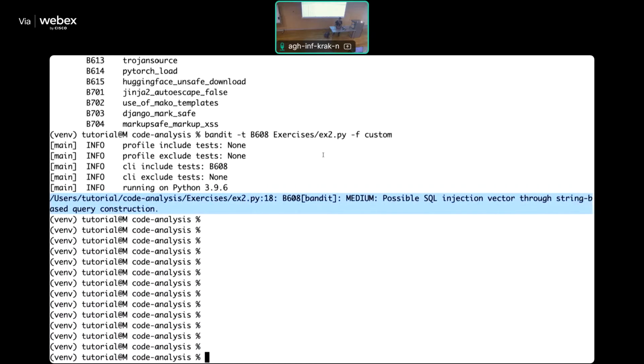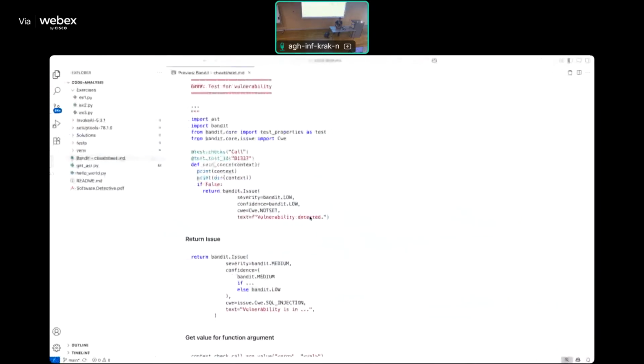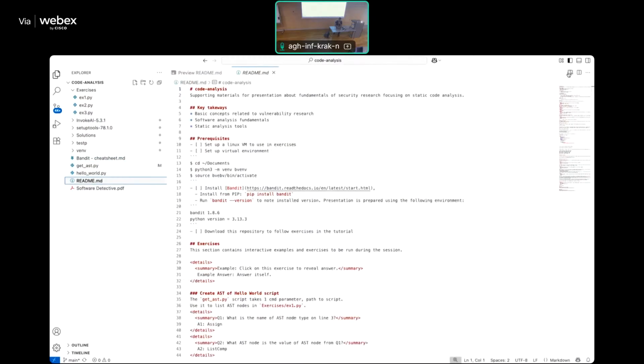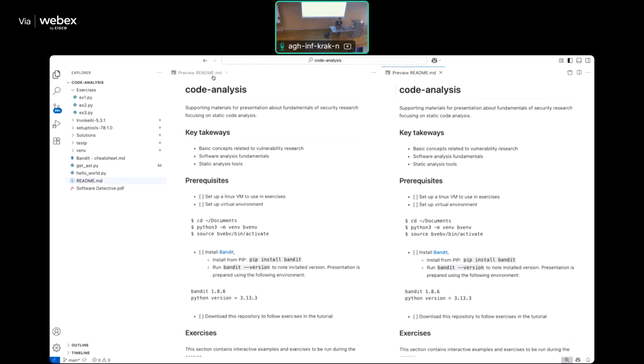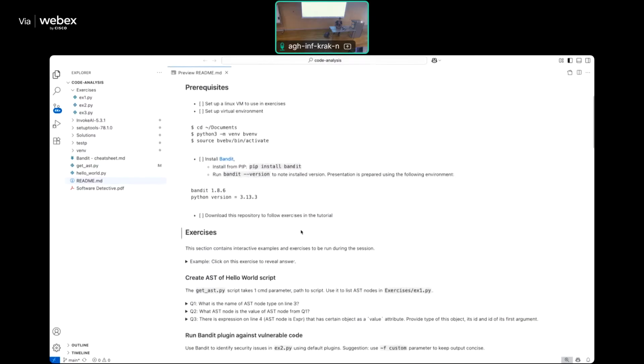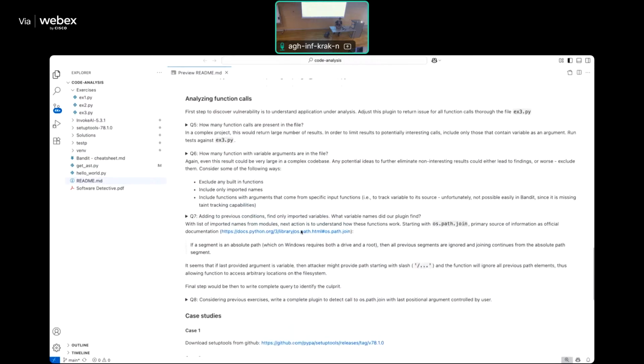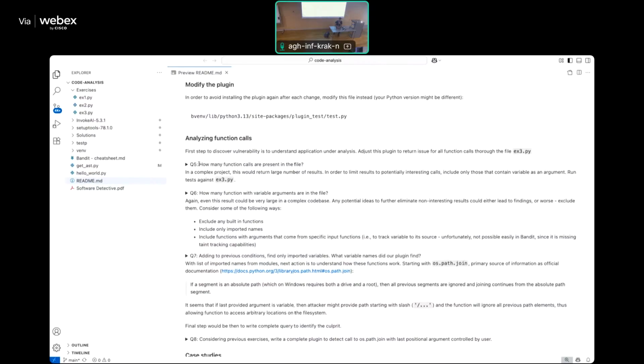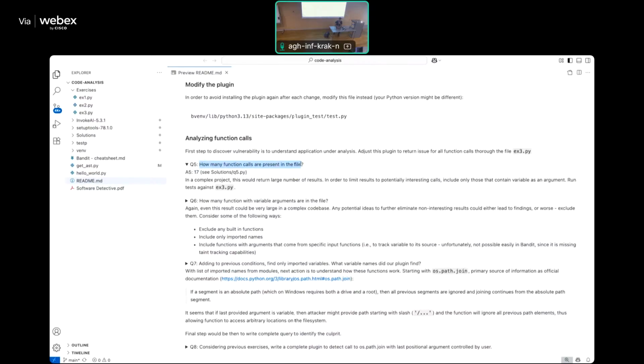Do you have any questions so far? Okay, cool. So now the idea, once you have a working example plugin, if I get back to the README, sure, there is, yeah. Common function calls are present in the file, and I clicked for the solutions, but you also have the solution in the solutions folder. So if you quickly visit it,